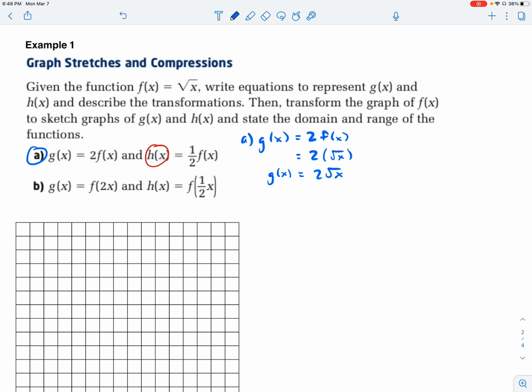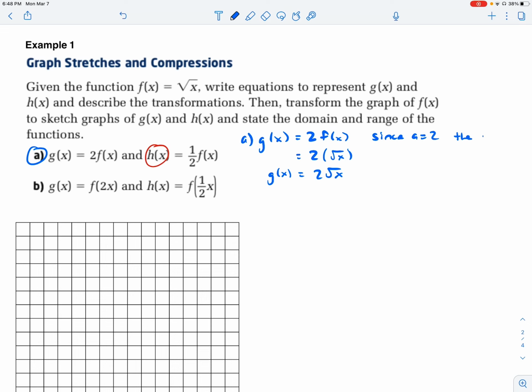I can see from this function that a is equal to 2. Okay, that's our number in front. That's our parameter, 2. So if a is 2, according to our definitions, if a is greater than 1, then we have a vertical stretch. So, and a is 2 in this case. So we actually can say since a equals 2, that'd be a little bit better. Since a equals 2,